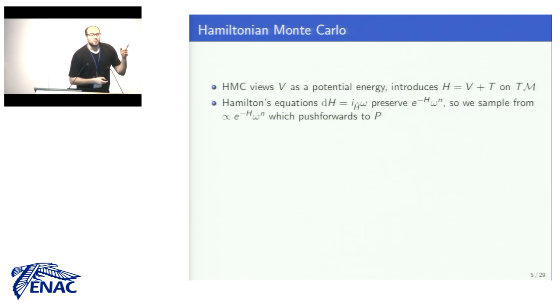So in HMC, remember your density is e^{-V}, and you view V as your potential. So V is the minus log of the target density. Your distribution is on the manifold M, but what you're going to do is lift your distribution to a fiber symplectic manifold, which can be TM or T*M. TM when you have a Riemannian metric. Essentially that's going to introduce a Hamiltonian once you fix some horizontal distribution and some vertical distribution over momentum. And that's going to introduce a kinetic energy, T. And the point is that Hamilton's equations, which you can see there,